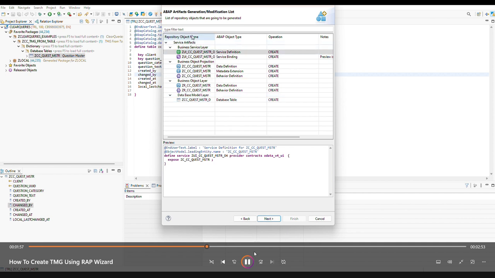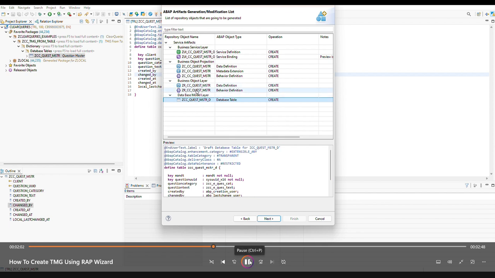You can click on individual artifacts and check the preview of code being generated.